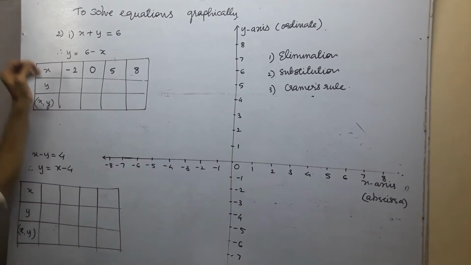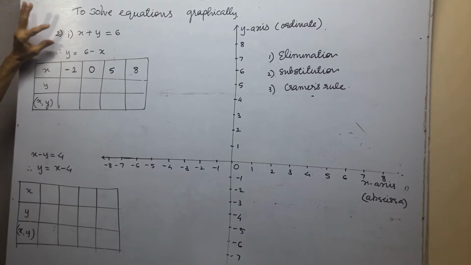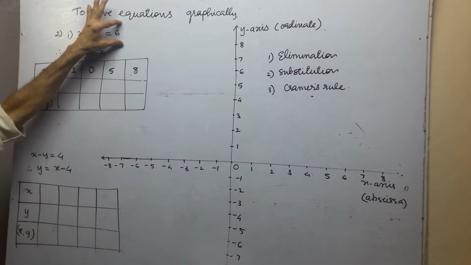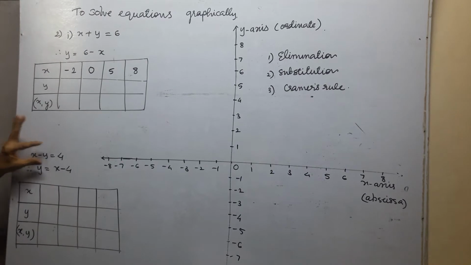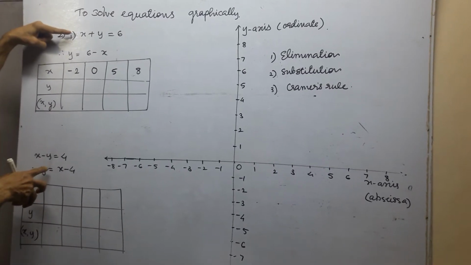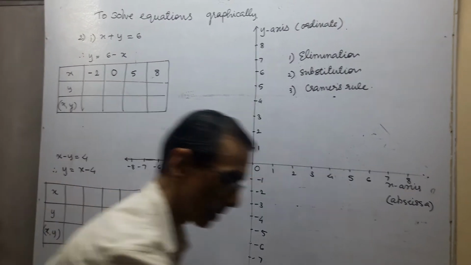Now here we have two equations. We have taken problem set 1.2, from second, we have taken first equation. And in there, two equations are there. The first equation is x plus y is 6. And second equation is x minus y is 4. In fact, we can solve orally also. But we have to solve this graphically. Now say how to solve graphically.